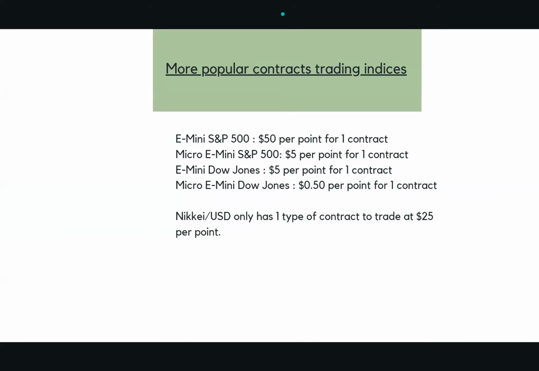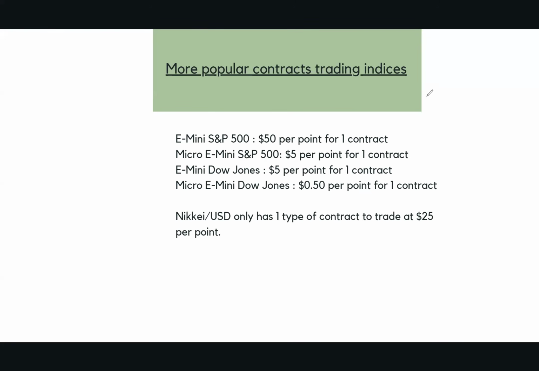Now, the most popular contracts for trading indices, let's say you want to trade something else besides NASDAQ. Popular ones are E-mini S&P 500, which is $50 per point for 1 contract. There's the micro E-mini S&P 500, which is $5 per point for 1 contract. You have the E-mini Dow Jones, which is US 30, which is $5 per point for 1 contract. Then you have the micro E-mini Dow Jones, which is 50 cents per point for 1 contract, which is also